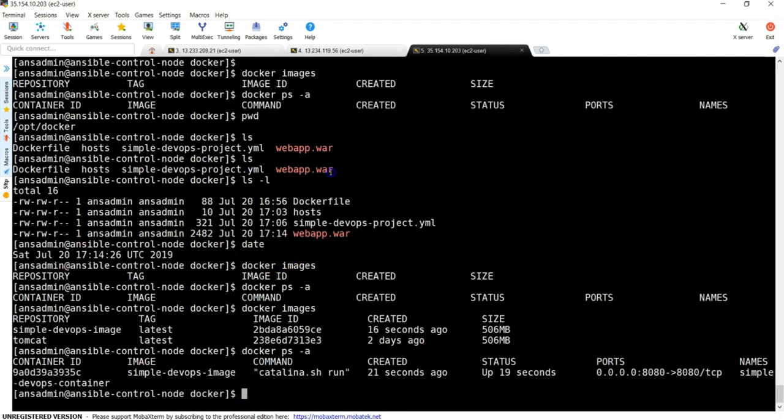Assume that there is a change in the code of our web app application. In that case, we should be able to create a new image by taking the new web app application, then create a new container. To test this activity, I'm going to modify our source code, which is available in our GitHub, then push the latest updates into GitHub so that we can see the changes in our web app application.